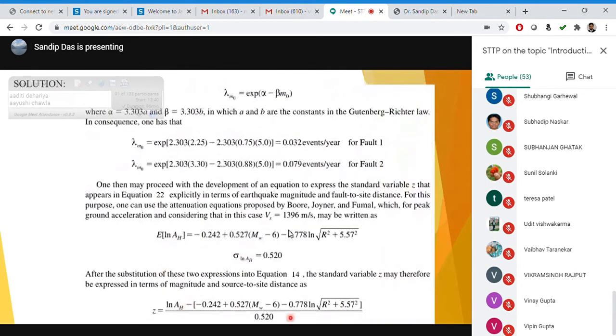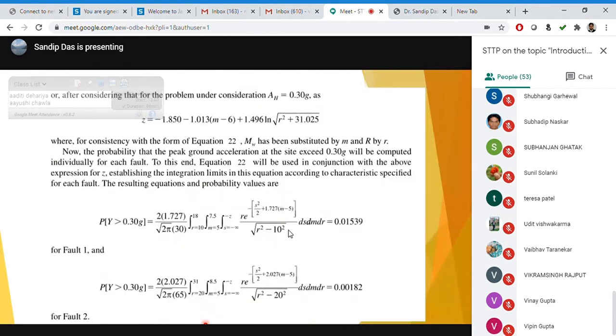This is your attenuation model, this by this. I'm not reading it out. You can get this from the slides. So you will get the Z value here. So this is the Z. Now this is the integration. Where is this getting used? It is getting used after you